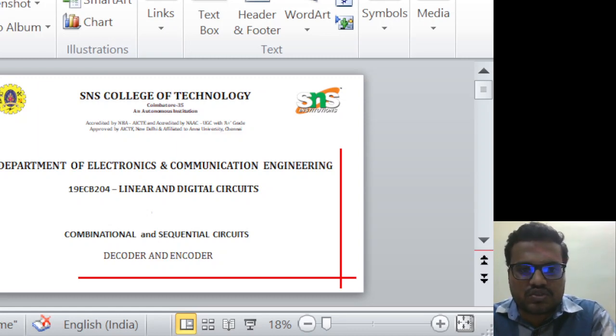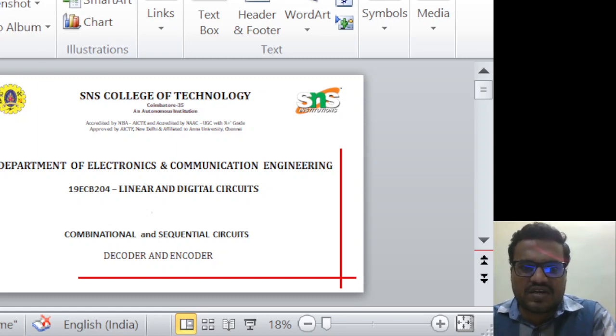Before starting decoder and encoder circuits, we must know the terms and conditions of encoder and decoder circuits. They play a vital role in combinational and sequential circuits. Especially for combinational and sequential circuits, a lot of additional devices are added to these circuits. Based on these additional circuits, the decoders and encoders play a vital role because